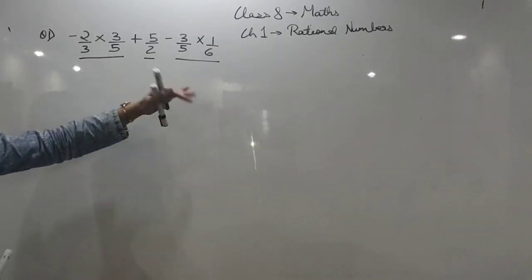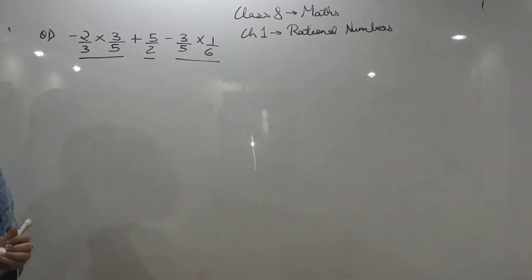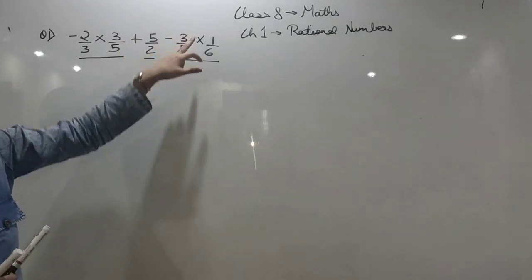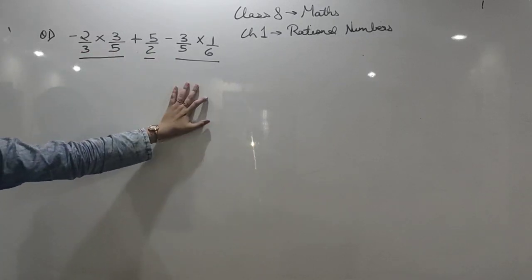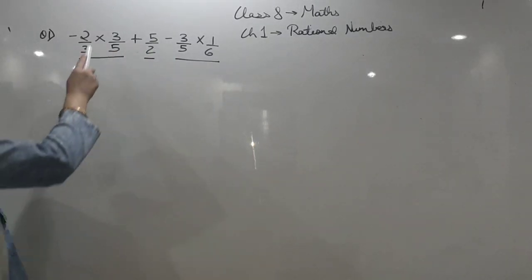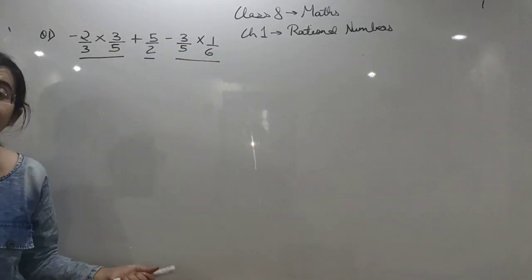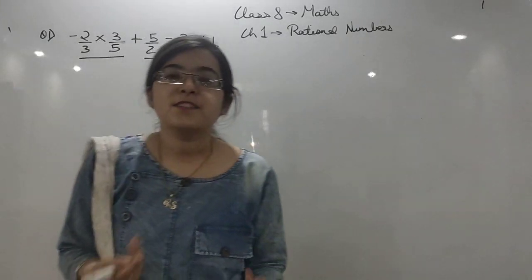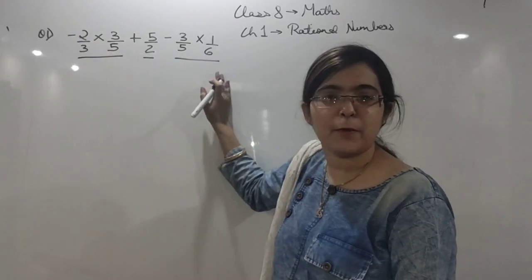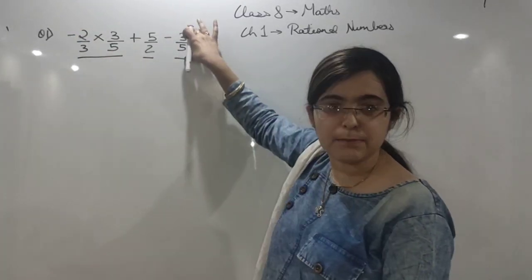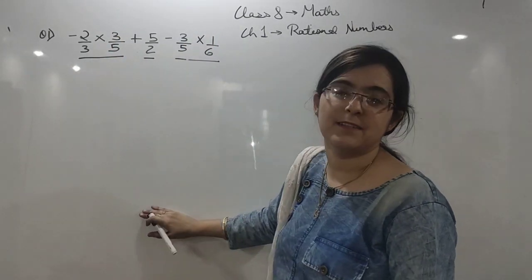Observe these 3 terms. Can you see anything common between them? 3 by 5 is common in both this term and this term. Now you will say, ma'am, we can cut 3 here, and 3 ones are 3, 3 twos are 6. Yes, we can, but we are not doing it. Why? If we cut, then there will be nothing common between them. Here we are getting common terms. That's why we are not simplifying it. Clear? We will simplify it further.